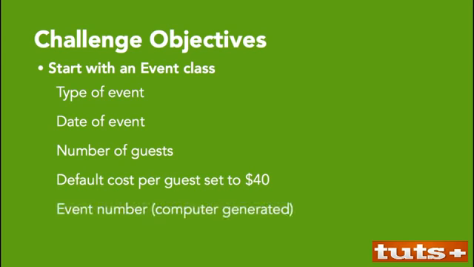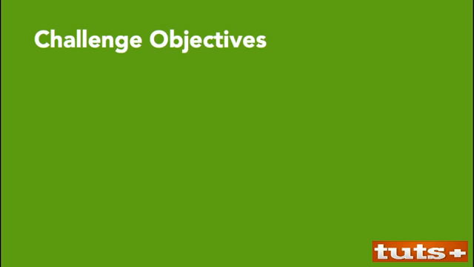This number will start with the first letter of the event. So for example, if it was a wedding, it would start with W. Define a static variable for the next number. That way, it'll automatically add 1 to our number regardless of whether the new event is a wedding or a birthday or a shower. Now that we have all the instance data defined, let's talk about the constructors needed for